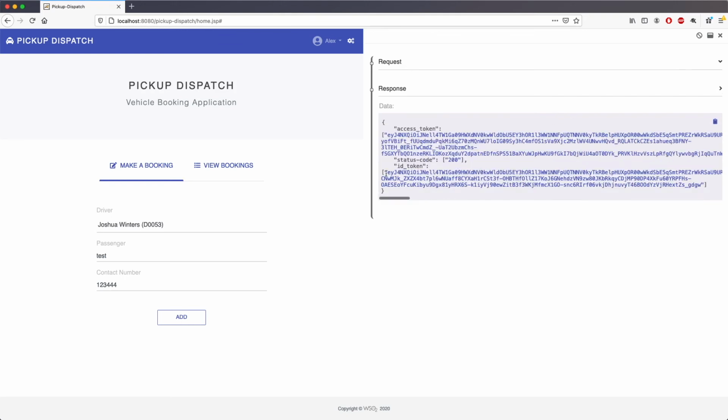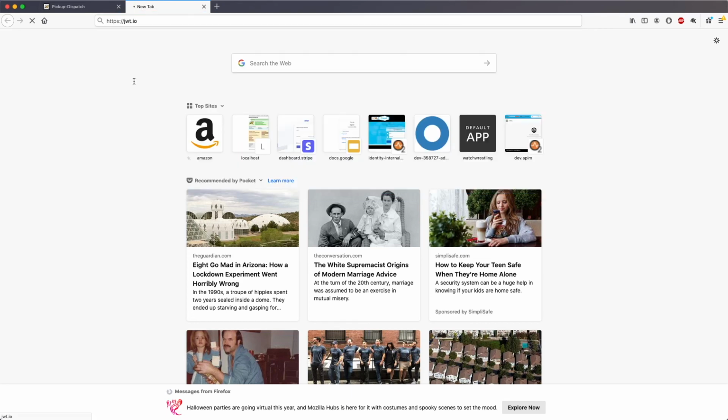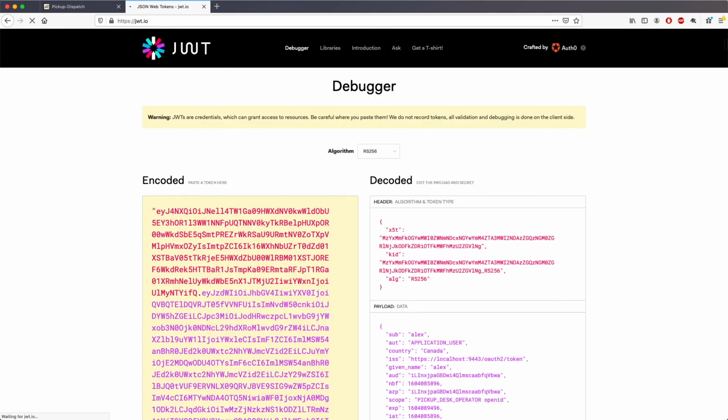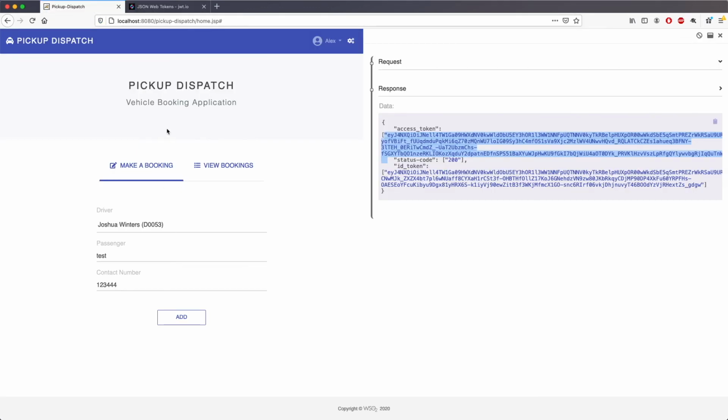For instance, I will open the access token, copy it, and go to jwt.io. If I look at the roles, you can find that this particular user Alex has the pickup operator role only, but he doesn't have the pickup write accessibility. That's why, when you try to post the make booking function, try to add the user, try to add the passenger, that operation does not allow this user. So likewise, you can enhance this application and see what's going on.